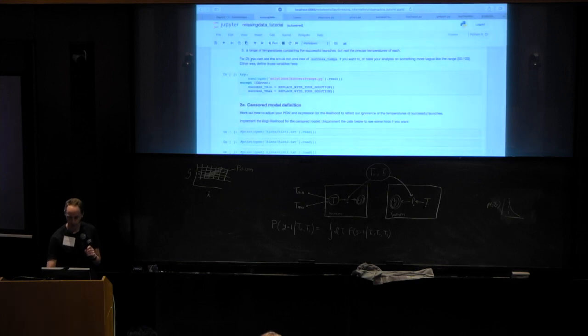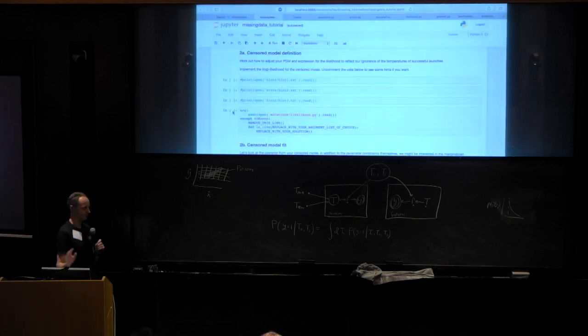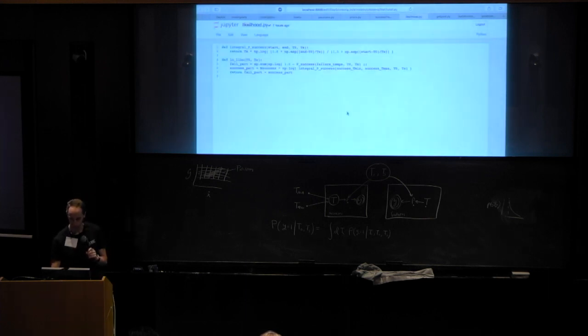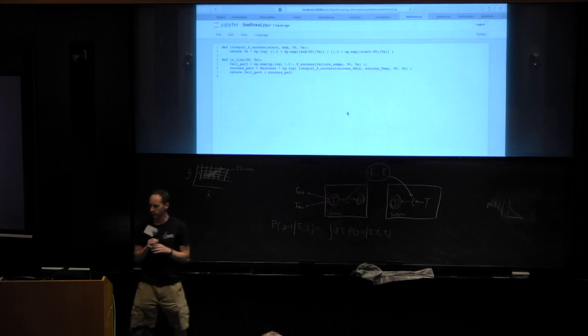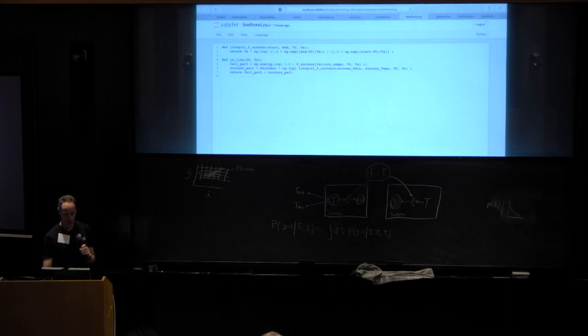That's the wrong notebook. Okay, but as you all found out, 99.9% of this whole notebook is in writing the likelihood function. So let's look at that. So here it is. There's two parts corresponding to these two plates. This doesn't show up because that's the prior. So for the failures, what is it? In the log, we sum over the failures, and it's just 1 minus p success of the temperatures, which we know, given T0 and Ts. Is that part clear? That's the intuitive part.